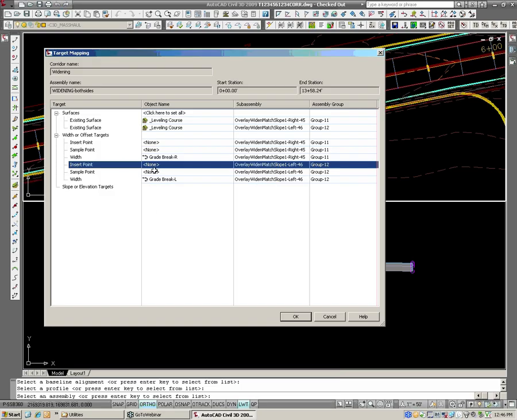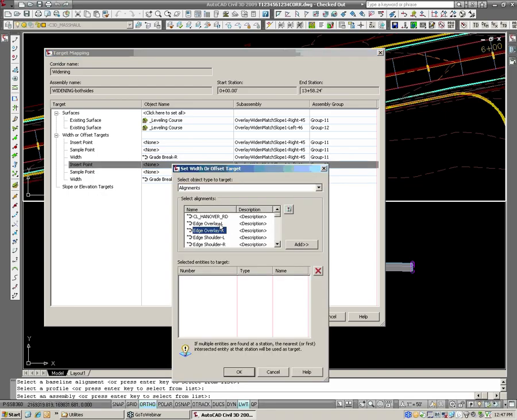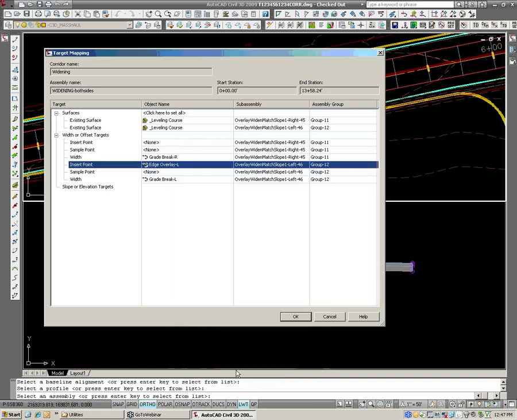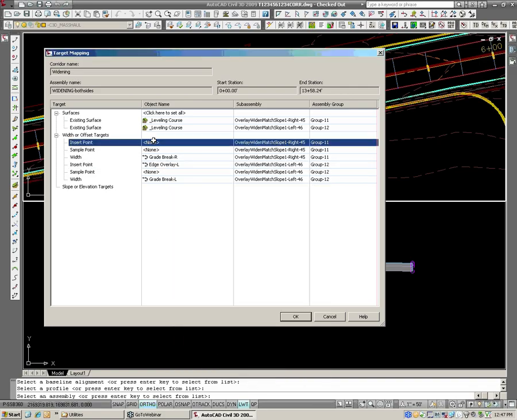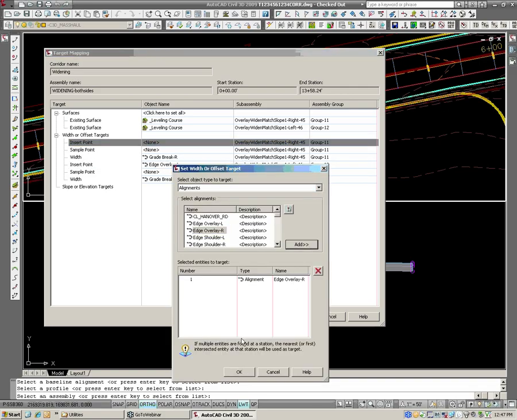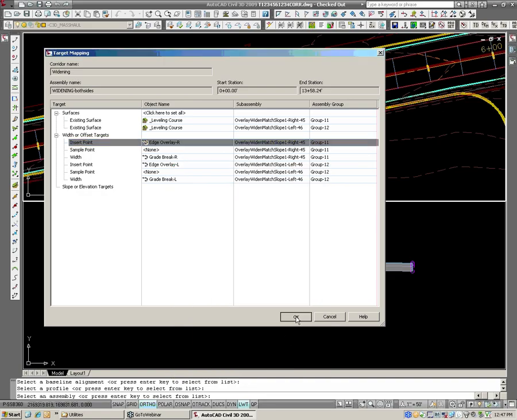But if you're putting on an existing road, it might matter. So you might have to weave an alignment through the road to have it sample exactly where you want it to sample from. Usually, people will sample on the center of the road, and they sample at the saw cut line. So you might have to have an alignment on your saw cut line, which I have. So I'm going to set my insertion point left to edge of overlay left, and my insertion point right, edge of overlay right, hit OK, hit OK again,